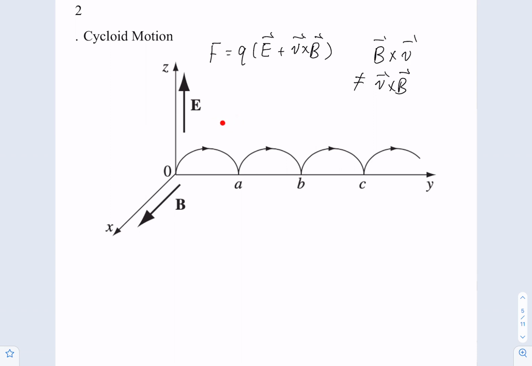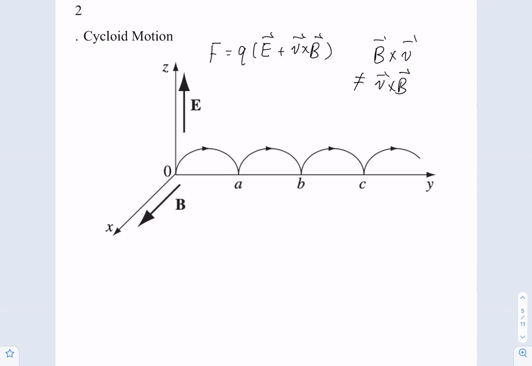At that moment, you can imagine that it might even be possible to go backwards because it has some sort of initial velocity. However, as it continues to go backwards, the E field will